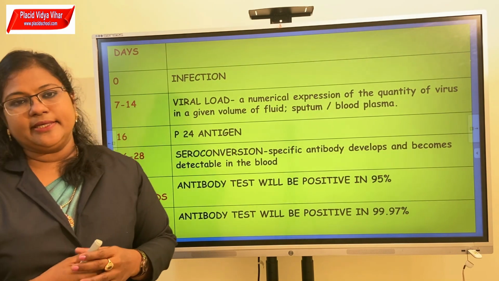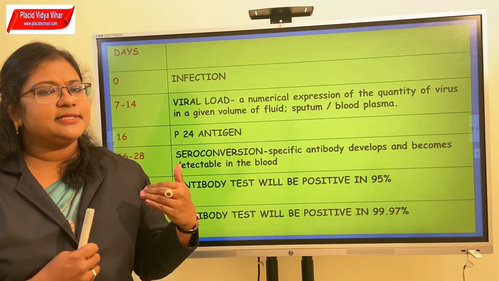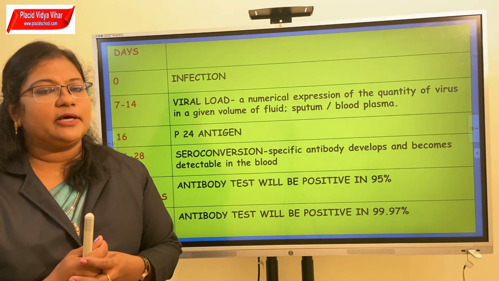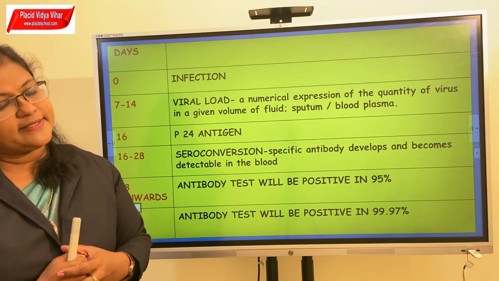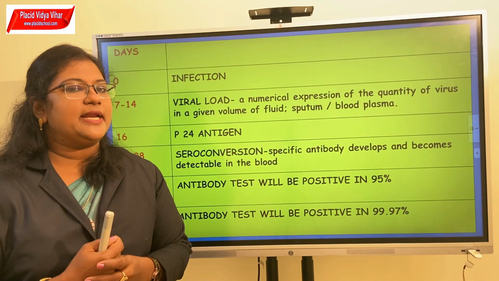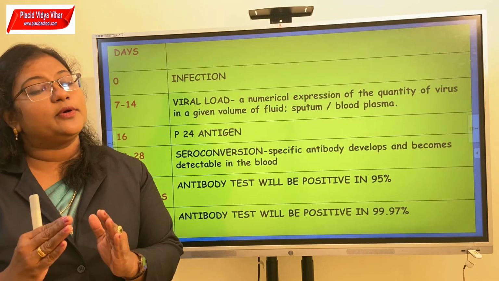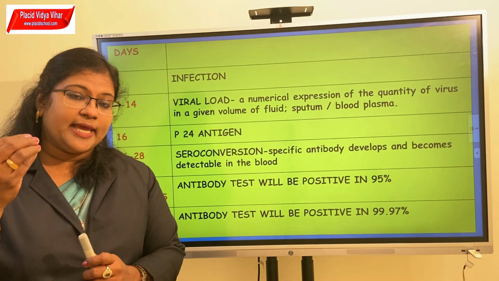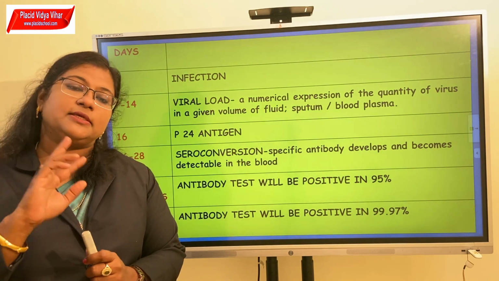You can see a table here which shows you different stages after the HIV infection. This is just for your knowledge. At day 0, viral infection will start. You will not have any particular symptoms or changes in the body. Then in 2 weeks, if you remember the diagram we drew, the P24 antigens will start appearing in the cells of the individual, and this individual will also have provirus in the integrated stage. If possible, you can detect this viral RNA in the genome of T helper cells and macrophages within 2 weeks.